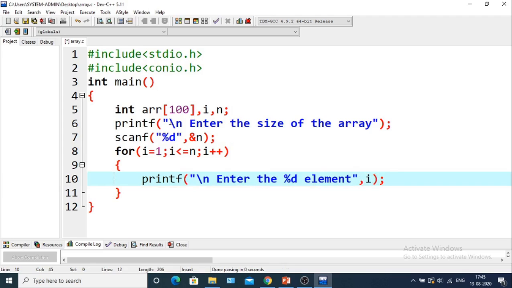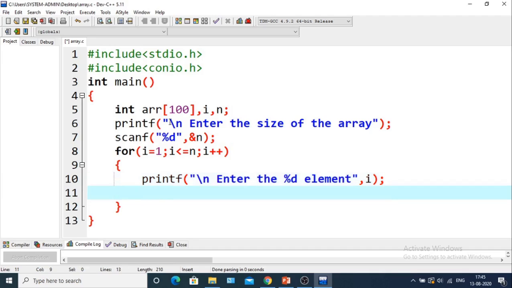So the value of i will be printed. When the value of i is 1, it will print enter the 1 element. When the value of i is 2, it will print enter the %d element, that means second element.